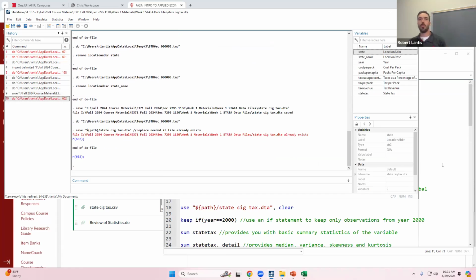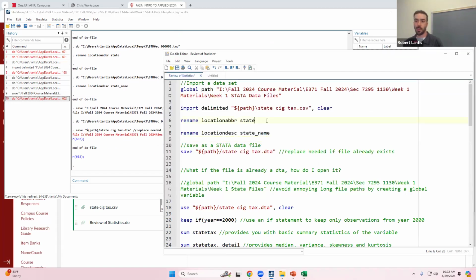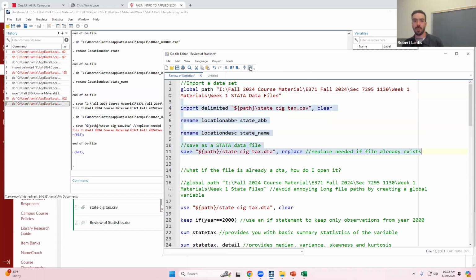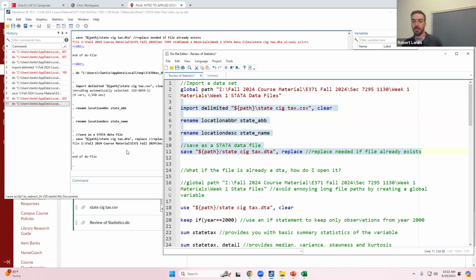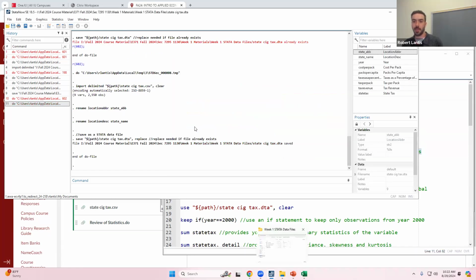If I ever want to write over this, let's say I wanted to rename it instead, like not just state, but state abbreviation, and I want to resave it, I need to add in this comma replace command. Now it writes over the old file. But I have to put in that comma replace, otherwise it gives me that red text and gets mad.